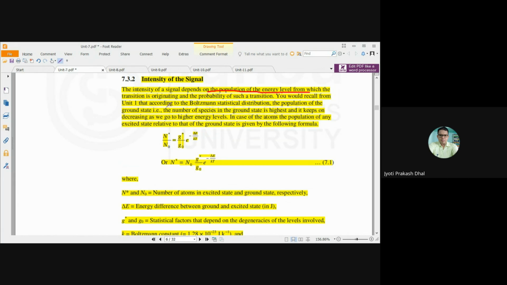Again, you have already learned that according to the Boltzmann statistical distribution, the population of the ground state, that is the number of atoms present in the ground state, is highest, and it keeps on decreasing as we go to the higher energy levels. That means if we go to the higher energy levels, the number of atoms present in a particular energy level will gradually decrease. So in case of atoms, the population of any excited state relative to that of the ground state